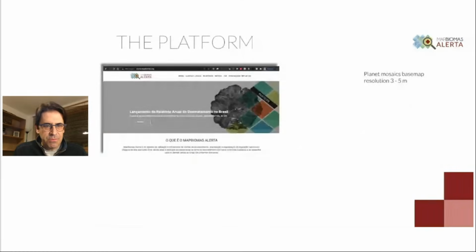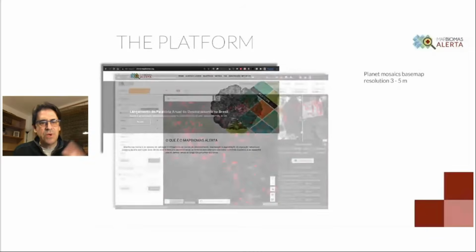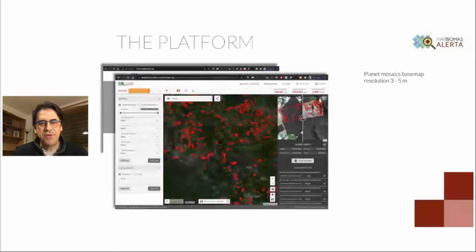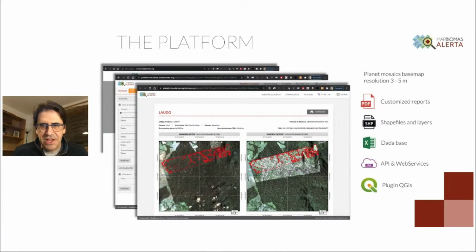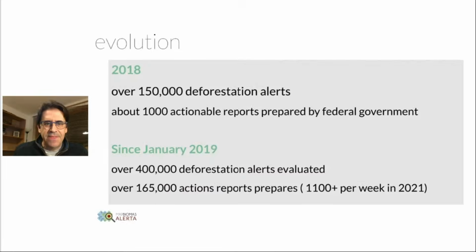So this goes to a platform where you can navigate to each one of those deforestation alerts. And for each one of them, you have this image before and after, and you have reports for each one of those deforestations, or each one of the properties that these deforestations are crossing. And this is available in different formats, like PDF reports, shapefiles, databases, and so on. There are a lot of plugins to connect to that. And this allows for